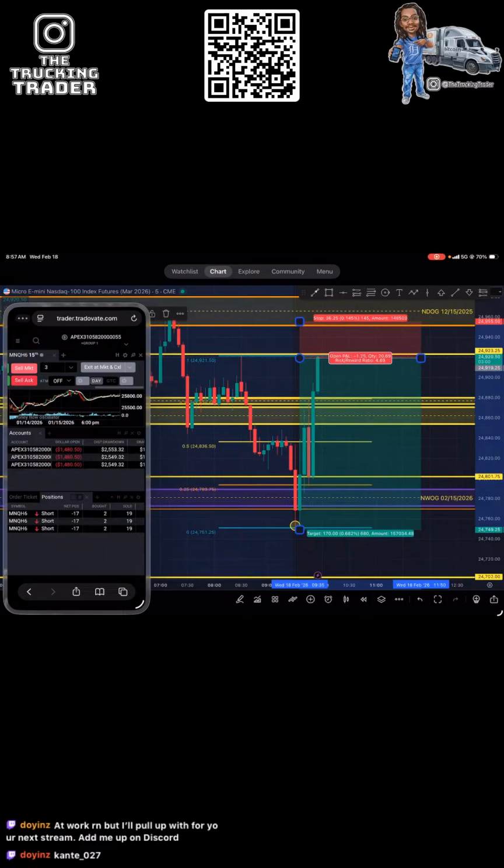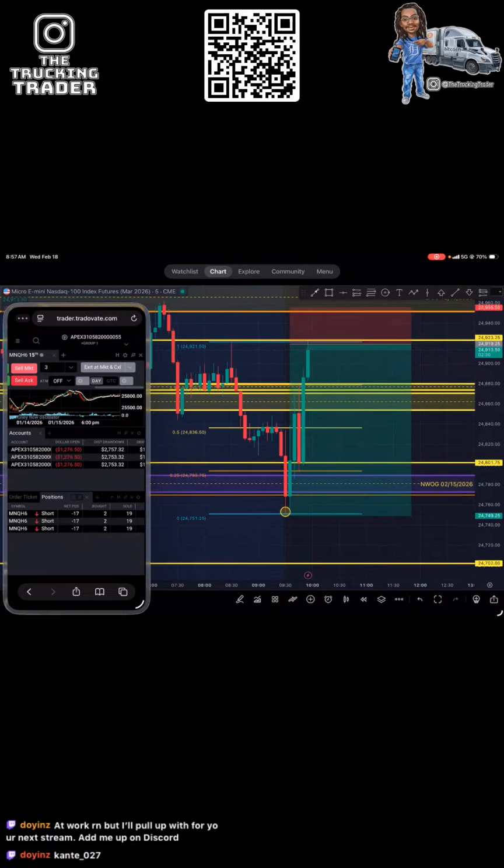Trying to see the risk to reward. Yeah, I think I'm going to get back in on my other account right there. And let's see what's going to happen. It might not even be able to go to my TP now because if we close above,